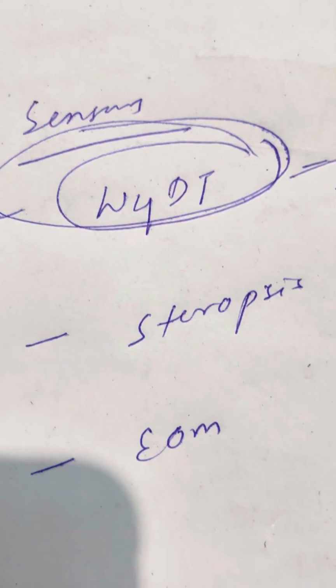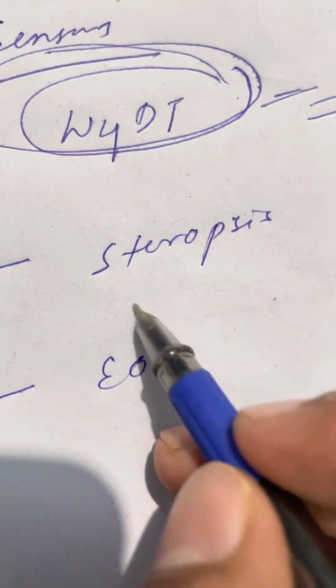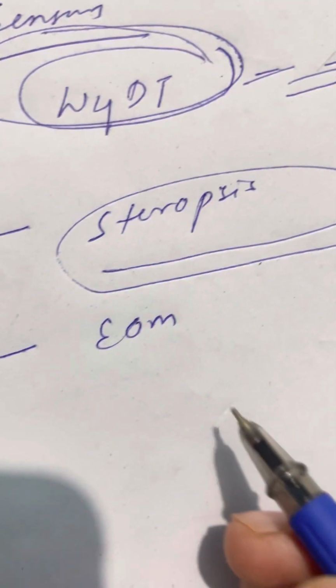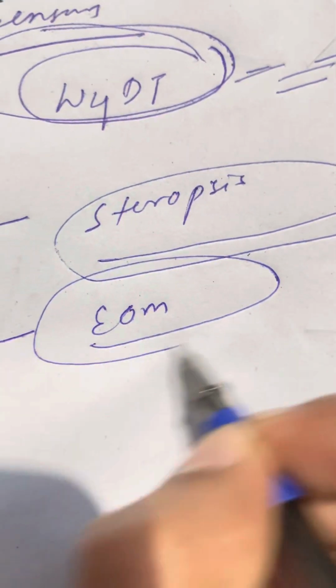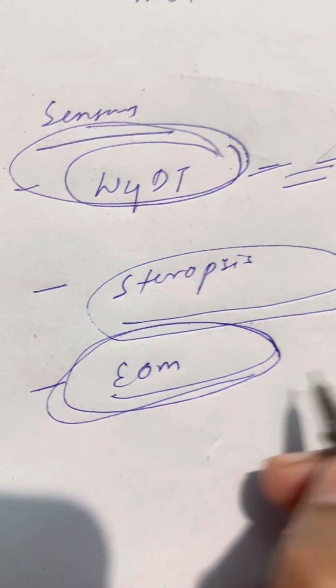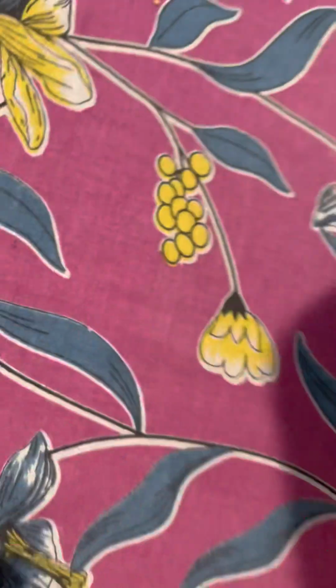The Worth four dot test is a useful test to detect diplopia, suppression, or whether fusion is present or not. Stereopsis is a useful test to check if someone has depth perception or not. Then EOM is a useful test to check the coordination of the extraocular muscles, right? After these things we have to go for the motor evaluation. Motor evaluation is very important, and